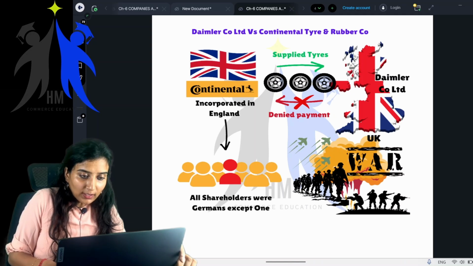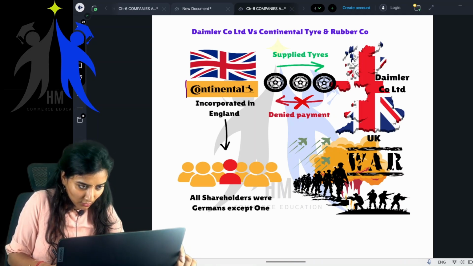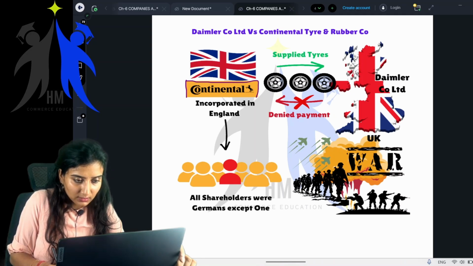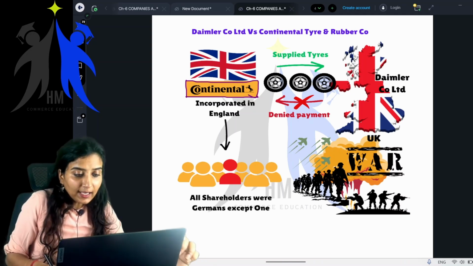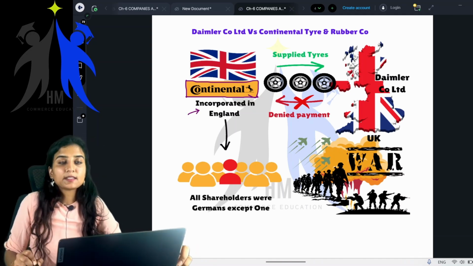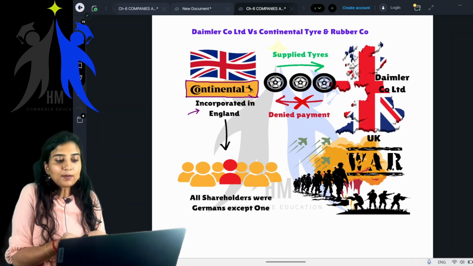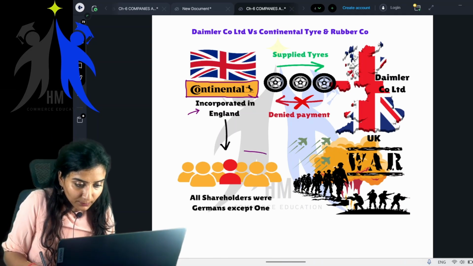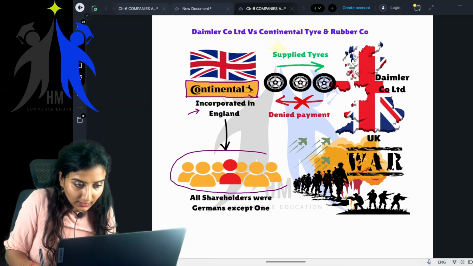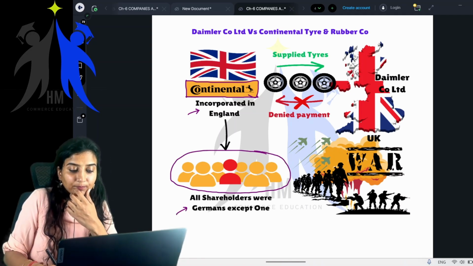See, there is one Continental, you all know Continental Tire and Rubber. You would have seen this on car tires. Continental is a very famous brand. This is a company which is basically incorporated in England, meaning it's an England company, right? But all the shareholders of that particular company, Continental Tire and Rubber Company, were Germans,